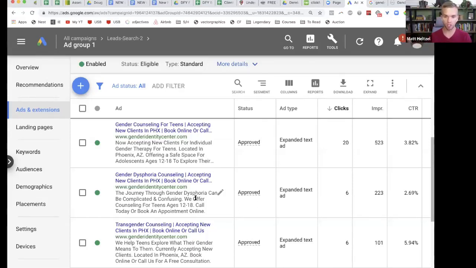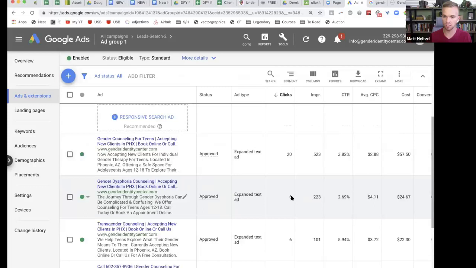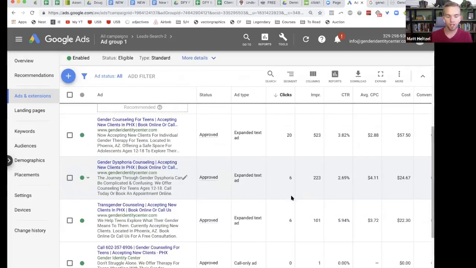So if they go, oh my gosh, you mean there's somebody for me to talk to? A safe space for me to talk? Okay. Maybe I'll look into that, right? Maybe I should look into that. Maybe I should ask my parents if I can do this. So we do want it to show up, right? We want it to show up.